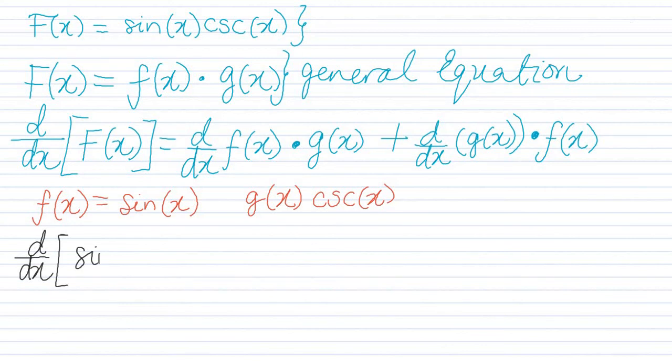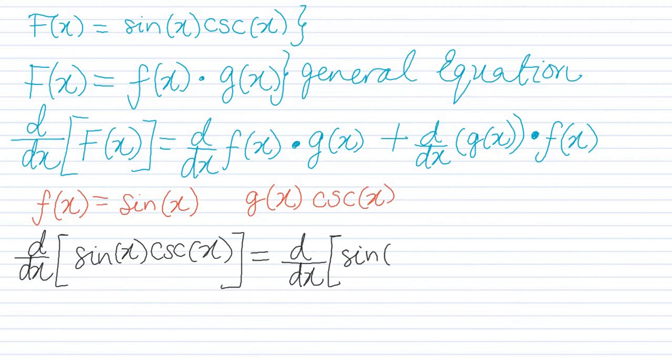Derivative of sine x cosecant x is the same thing as the derivative of the first subfunction, and in this case that's sine x. So d/dx of sine x, multiplied by the second subfunction underived, and that is going to be just cosecant x, just chilling by itself, plus the derivative of the second subfunction, so the derivative of cosecant x,